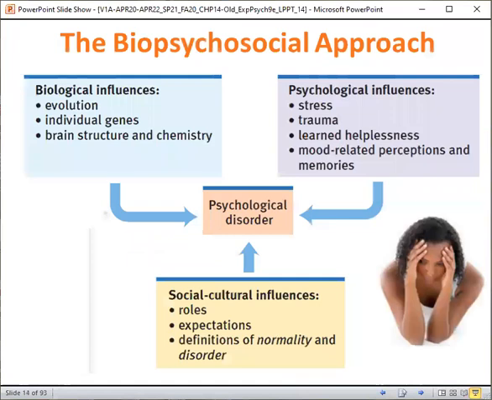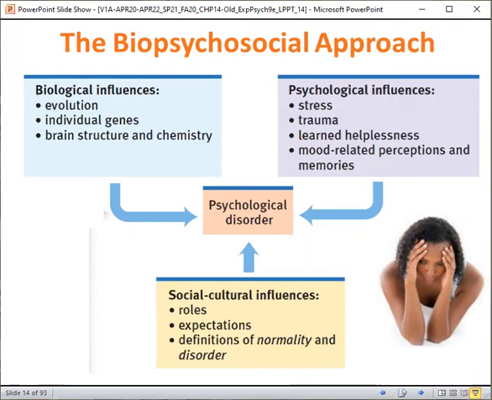So what we see here when it comes to psychological disorder, we can look again at this biopsychosocial approach that we've seen several times during this course. Anything that we have come across, we can look at it from these perspectives. The biological: evolution, individual genes, brain structure, and chemistry all play a role, as we will see as we continue our conversation here on psychological disorder, as well as psychological influences of stress, trauma, learned helplessness, mood-related perceptions, and so on, affecting it, as well as social-cultural influences, roles, expectations, definitions of what normal is and what is